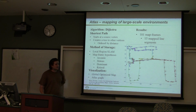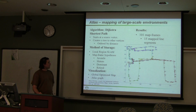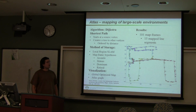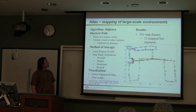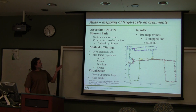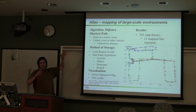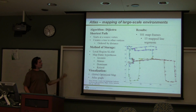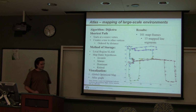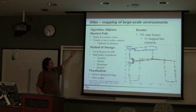So this is on Atlas. It's actually an algorithm that uses SLAM to do a larger global optimized map. Basically, it uses things like Dijkstra's shortest path, which uses a method that creates a tree, so you have a starting vertex, and then it creates a tree from each vertex, ordered by distance down, so you know the direct path, how long you're taking to get from one to the next. But what Atlas does, it takes things like that, and then it combines them based on